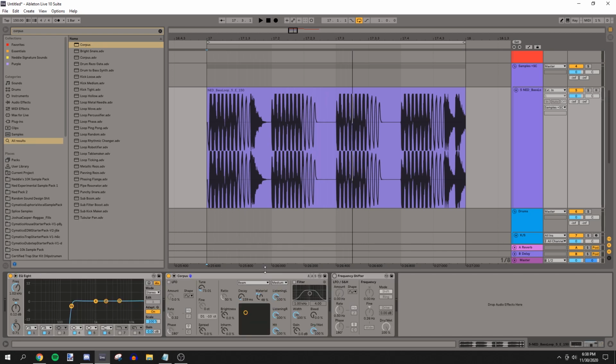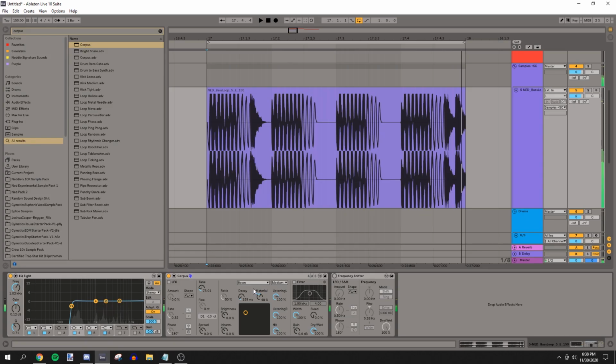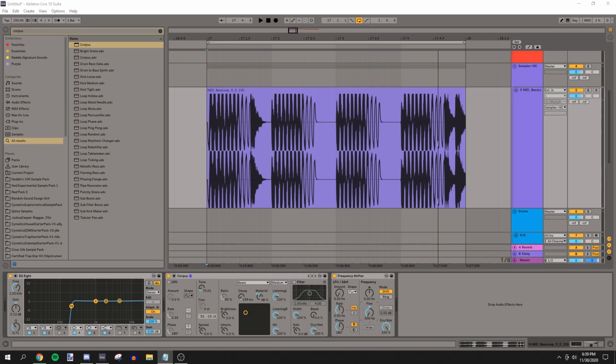Let's pair a frequency shifter with a Corpus for example. Corpus basically creates metallic sounds out of thin air, so it's perfect for getting metallic tonalities. If we frequency shift this around, we get so many different variations of the same sound with this thing alone. You can get really creative with this. I've used the frequency shifter for drop fakeouts,